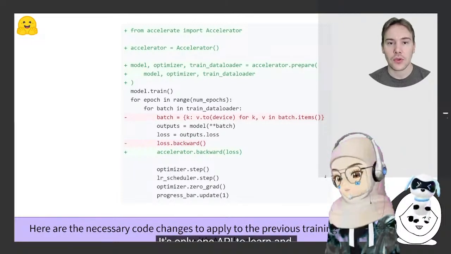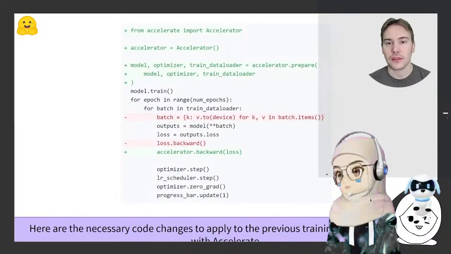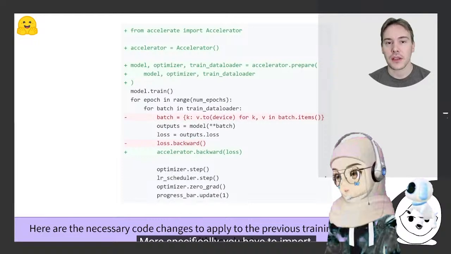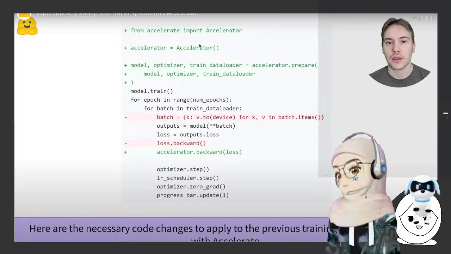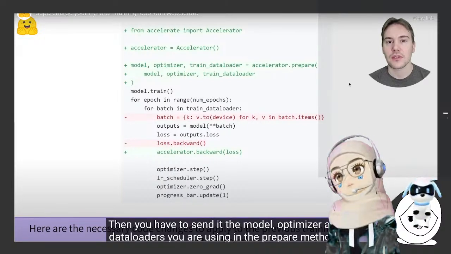It's only one API to learn and master instead of 10 different ones. More specifically, you have to import and instantiate an accelerator object that will handle all the necessary code for your specific setup. Then, you have to send it the